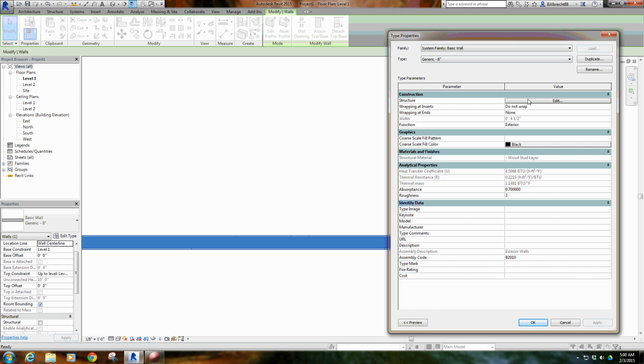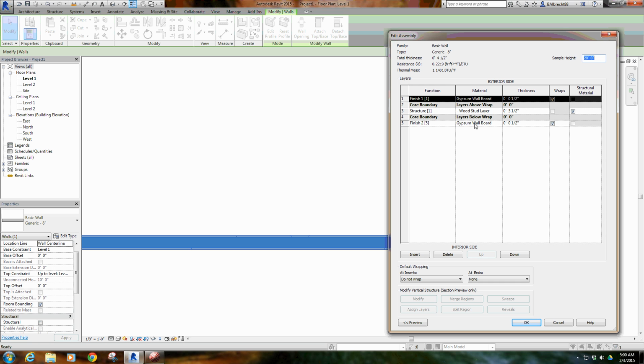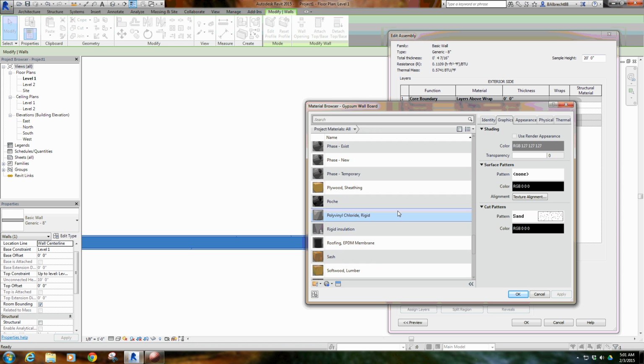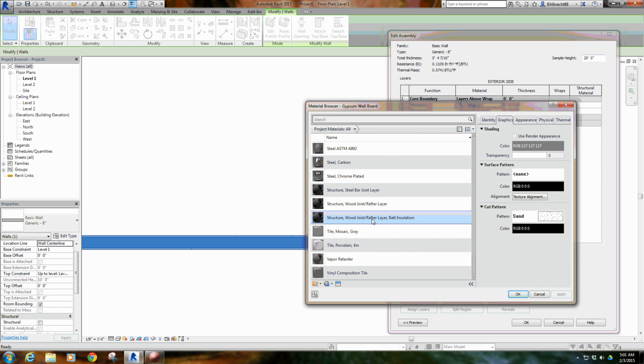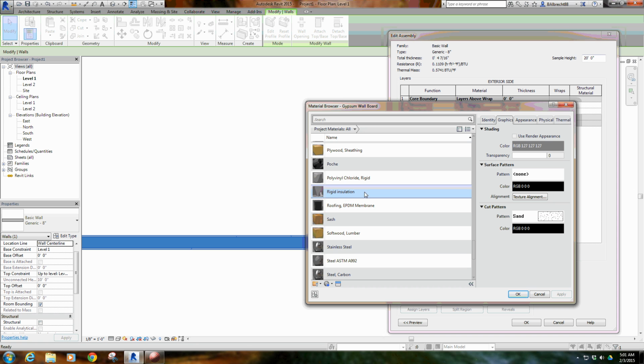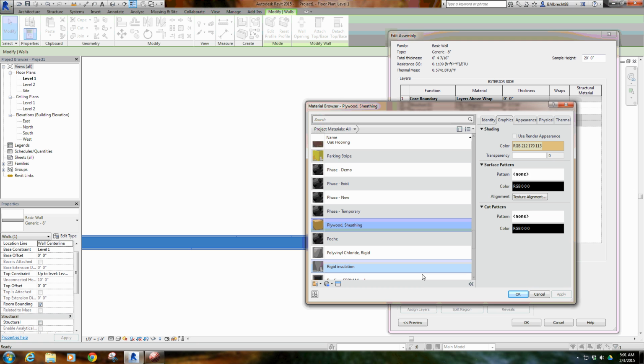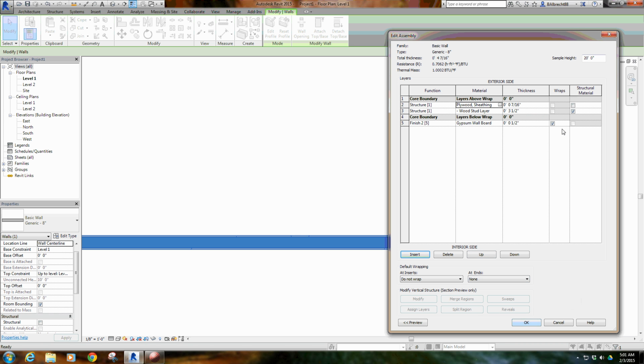So if I go back in here and say, okay, rather than this just being a 3.5 inch wood stud, we're going to say, okay, we've got our gypboard on the inside. So as you can see, this is the interior side, this is the exterior side in terms of as you're building. So we're going to delete that finish layer, and we're going to insert another layer here, and we'll say we're going to use 7/16, and we're going to create a substrate here. So we'll say, where are you? There it is, plywood sheeting. So we'll hit OK there, and this is our structural material, but see how it'll only allow one structural material per wall assembly here. So structure, this is our substrate, and then we'll insert